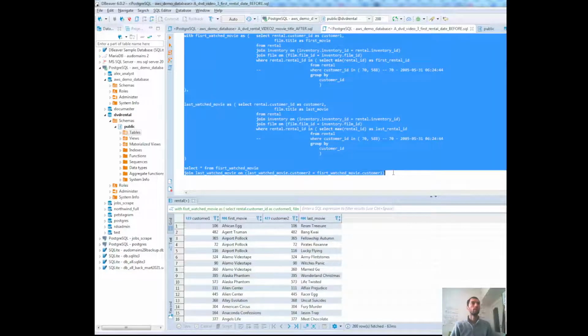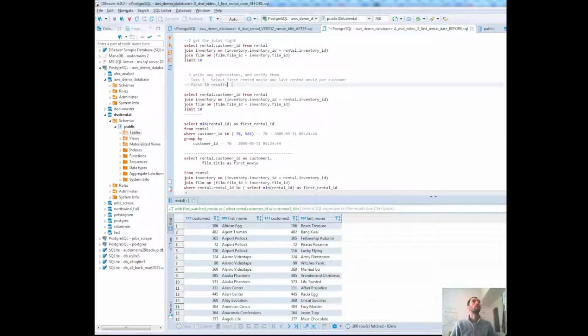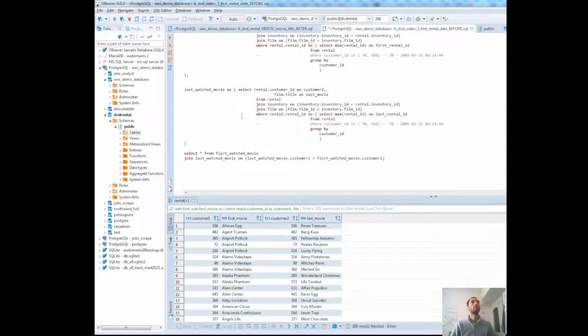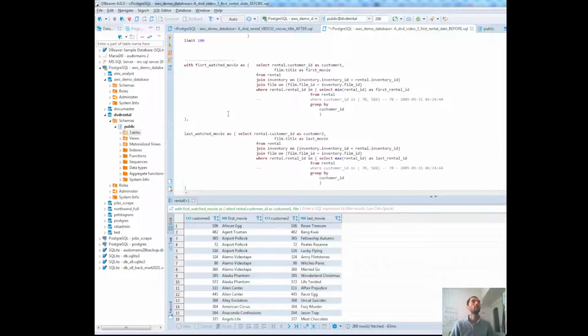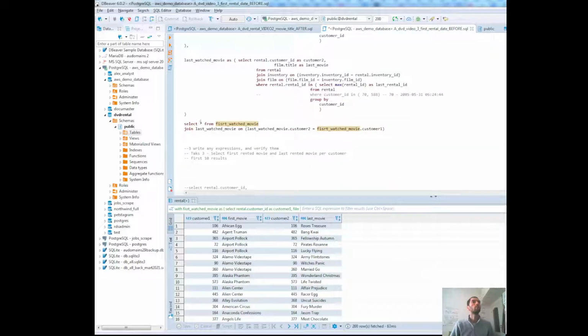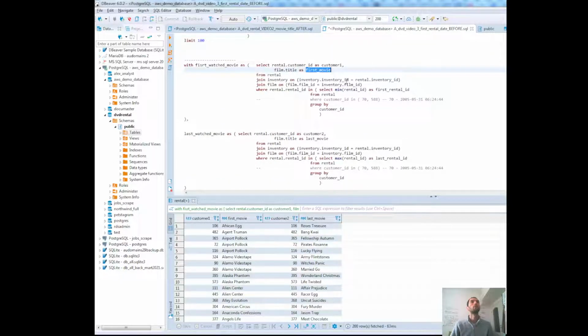So now it's different. It gives me the last rented movie, but our task, how I can copy it from here. My task is for first rented movie and last rented movie per customer, first 10 results. And I have customer, which is not so user friendly and nicer to see. So I'm putting here first watched movie dot customer 1, comma, the same thing, dot first movie,